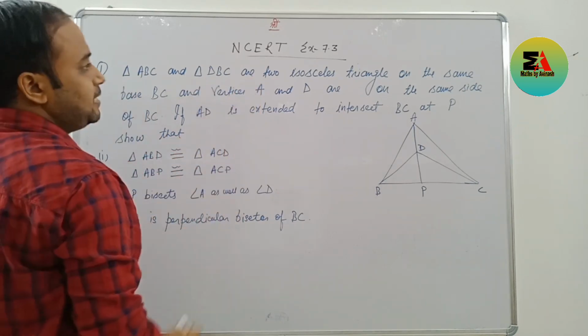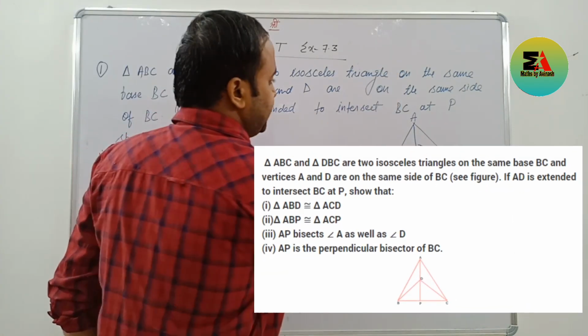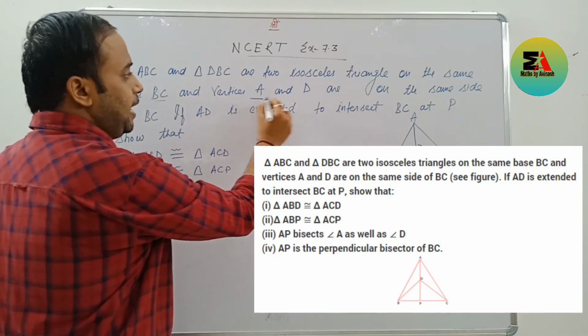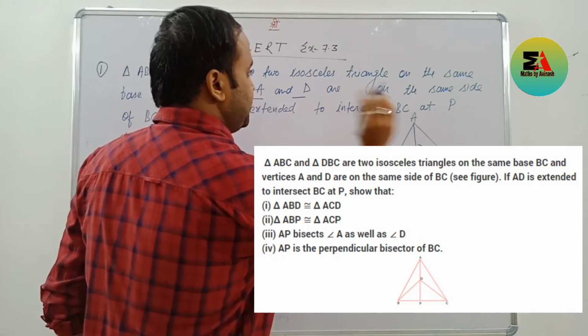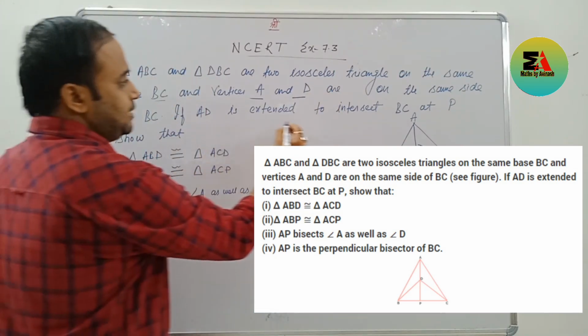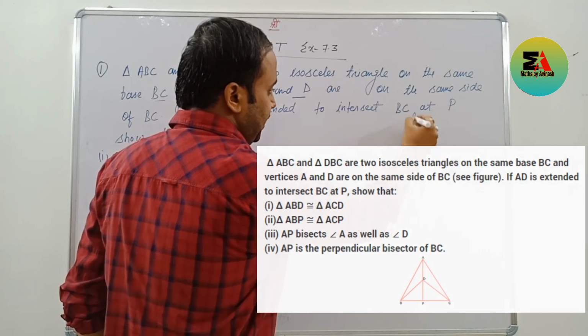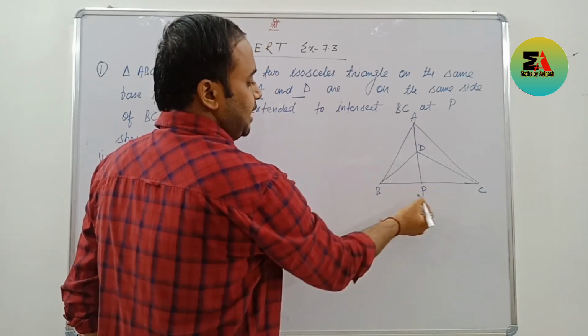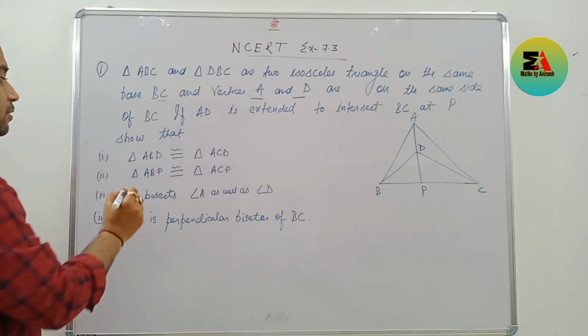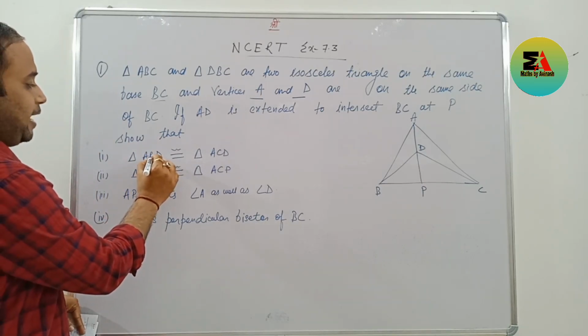ABC and DBC are two isosceles triangles having the same base BC, and A and D are on the same side of BC. If AD is extended to intersect BC at a point P, then you have to show that, first question, triangle